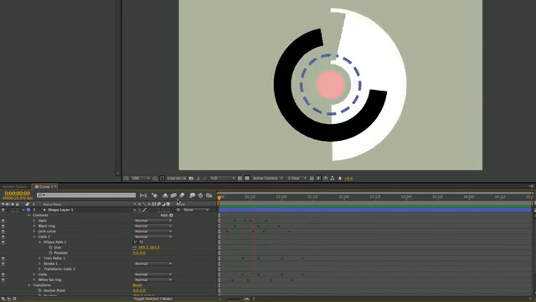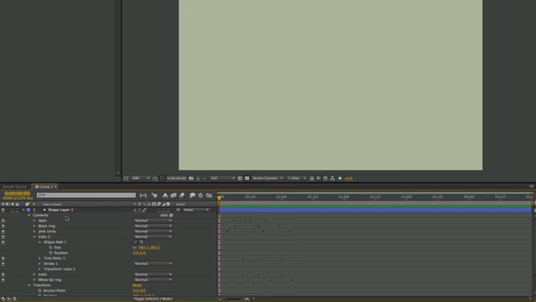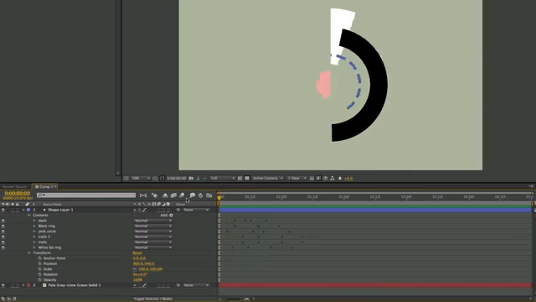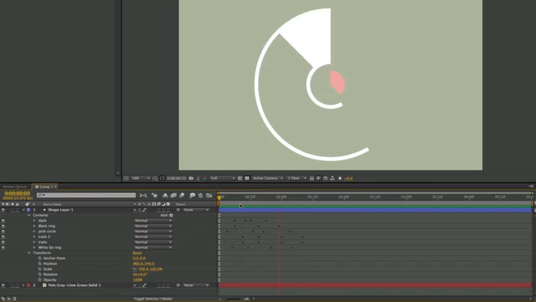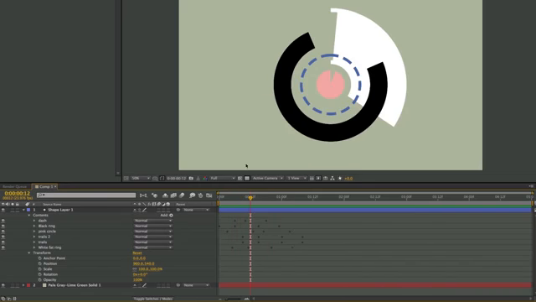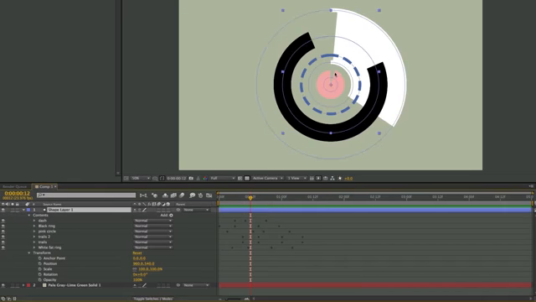So that's really the basis of doing this kind of movement, is just getting the movement you like, and then just copying and duplicating the different contents of the shape layer and moving around, playing around with the timing and the color and different attributes. So in order to add a little bit more to this, let's make a different shape. So what I can do is I'm just going to grab this pen tool, make sure I've got my shape layer selected, and I'm going to